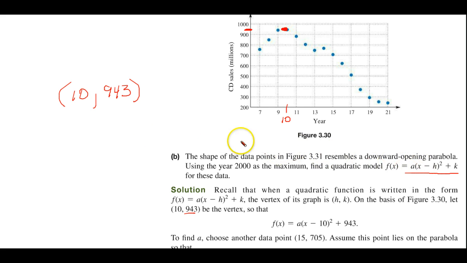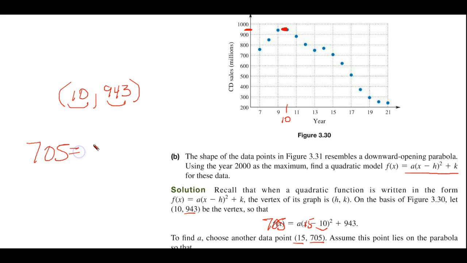Now, when we put that into our formula, it becomes, again, opposite sign of the 10, so that will be a negative 10, and then there's our K value. Now, we can choose any other point, and they're saying let's use 15 and 705. Well, this is going to be 705 over here, and our X value there will be 15. So this is going to end up being, let's put it over here,